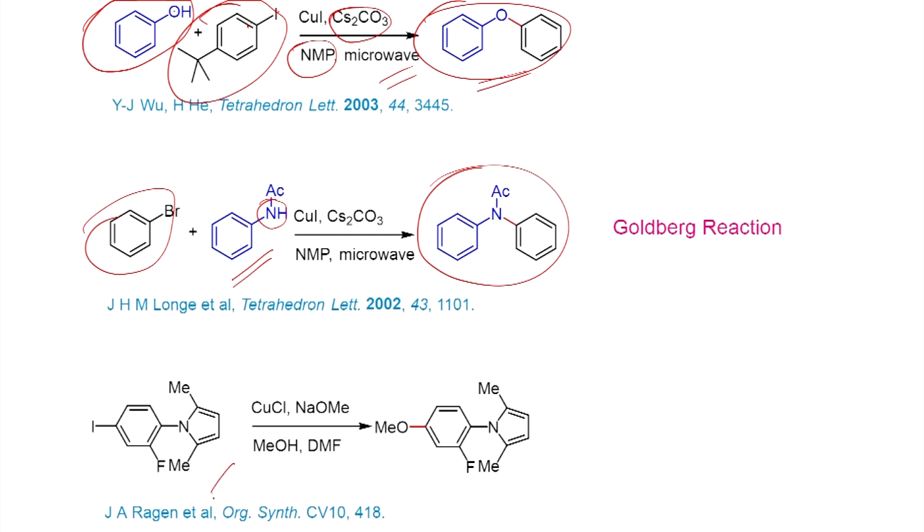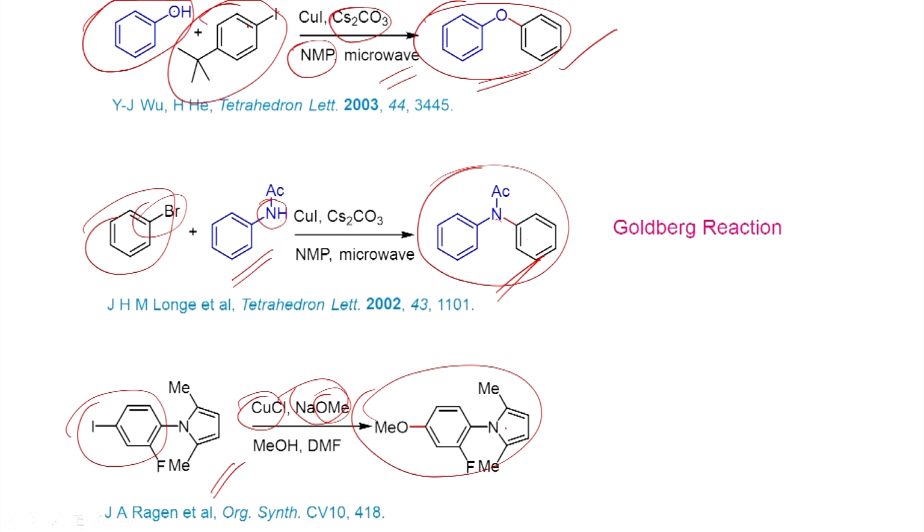And the next example involves the coupling of this iodobenzene derivative with the methoxy group. In the presence of copper(I) chloride, you can couple this methoxy group. In this way you will be able to make an alkyl aryl ether. Here an N-aryl aniline derivative is shown. What you do is make a C-N bond between this amide nitrogen and bromobenzene, and here this aryl iodide has been reacted with sodium methoxide. In this way you will be able to make this alkyl ether derivative. The reaction of amide is known as the Goldberg reaction.